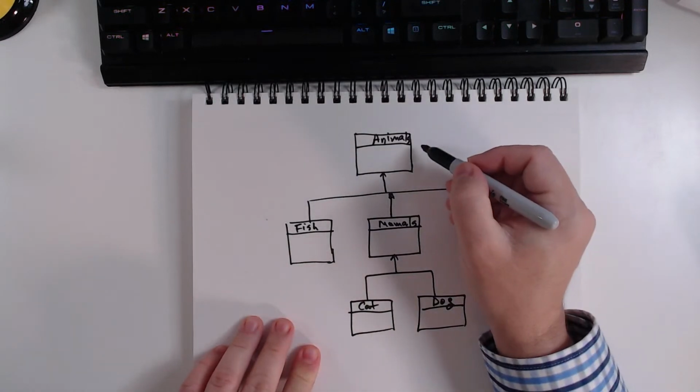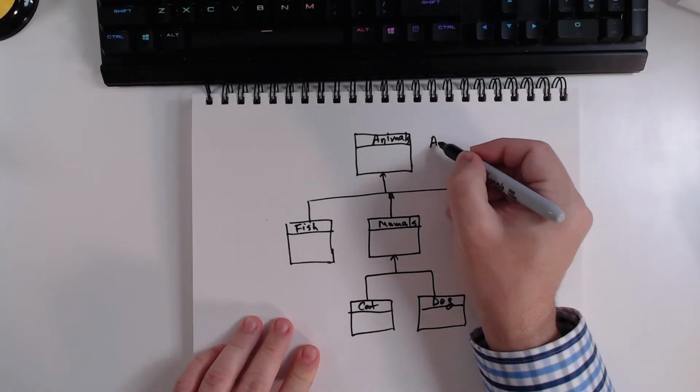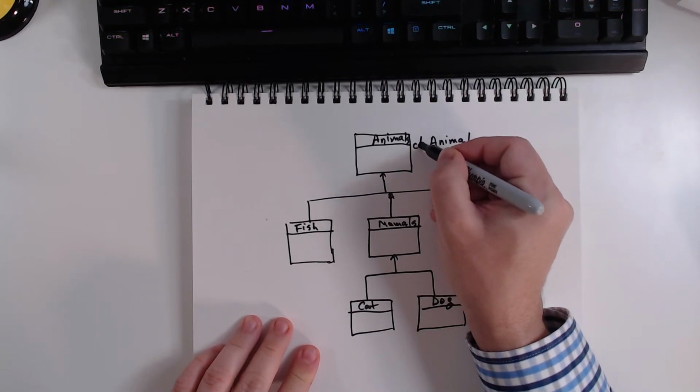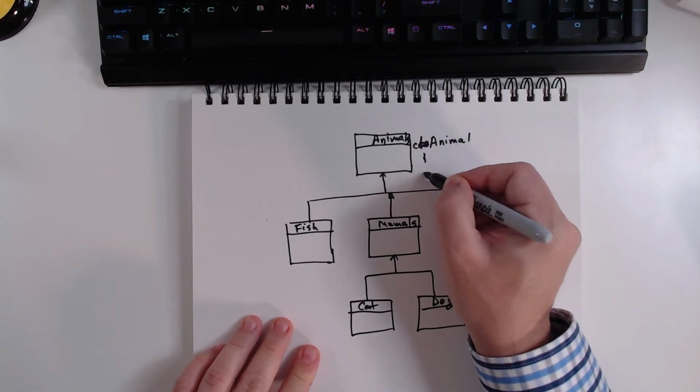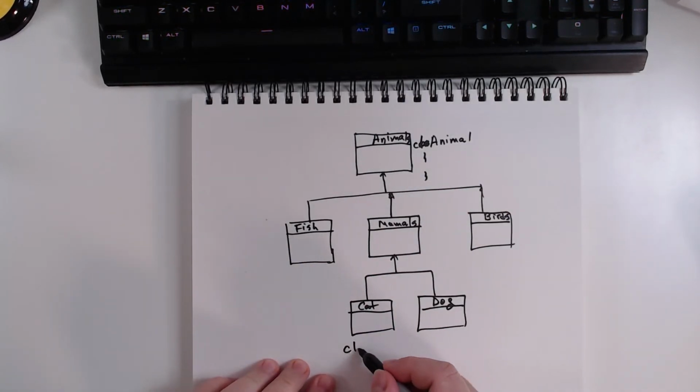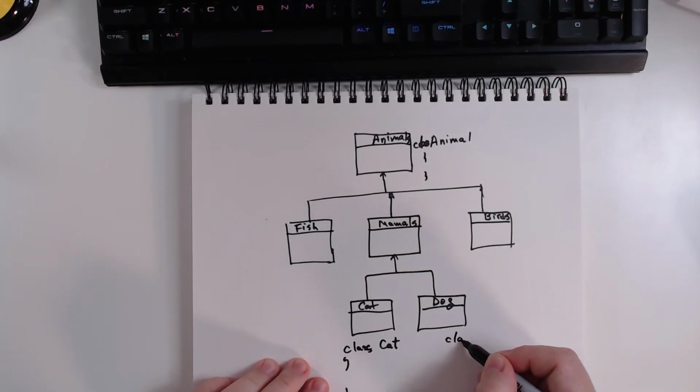So basically we can have a class animal, like this, that will have some members, and the same for everything. Here we can have a class cat, a class dog,